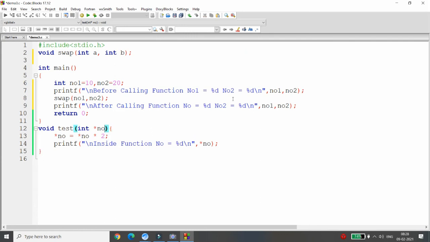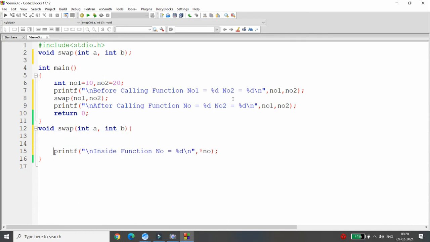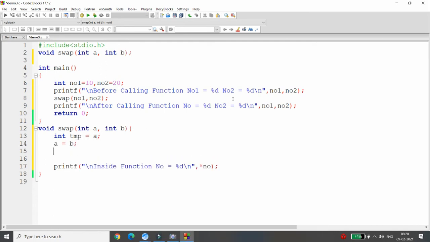Here I'm just changing that number 1 integer, number 2, or you can declare different formal parameters also, integer a comma integer b. Instead of test, we will just make it over here, that is swap. We want to change the variable, so I'm just taking one variable over here, that is integer temporary is equal to a, a is equal to b, b is equal to temporary,